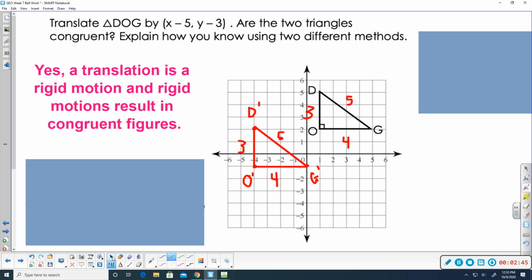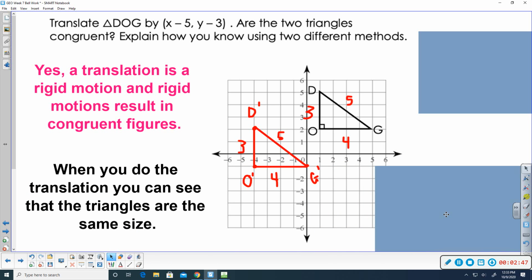So our figures did not change size. So when you actually do the translation, you can see that the triangles are the same size. They do not change size, they do not change shape, so they are